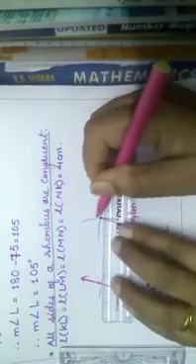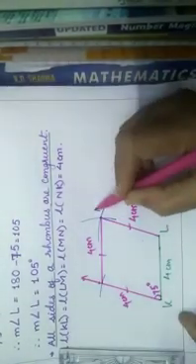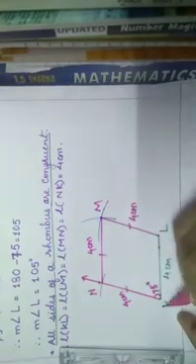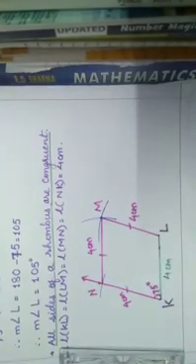Now join this intersection arc towards the first arc. This is also 4 centimeter. Now name this K, L, M and N. In this way we have drawn a rhombus. Now join the diagonals of both the opposite angles by joining this segment. So diagonal KM and diagonal LN. So they are perpendicular to each other.